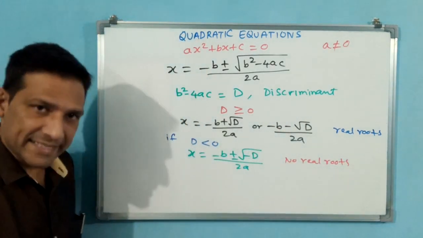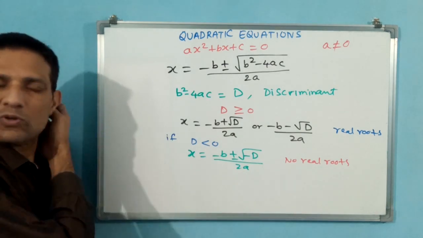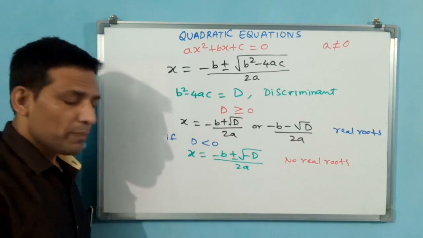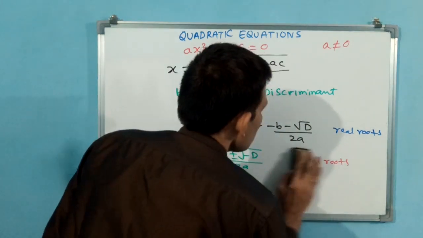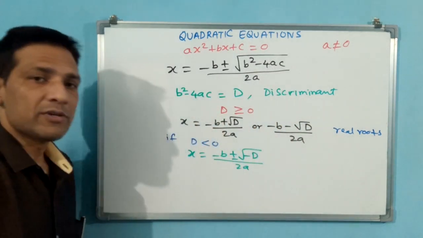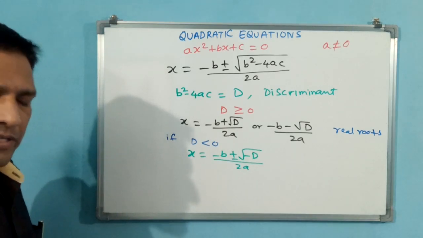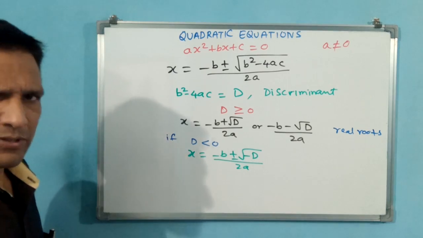No real roots exist. Like that we write and we close that problem there itself. But now we are in complex numbers, so we should not write this one. No real roots exist, why? Because we have studied complex numbers. We have to find real and non-real roots also. Non-real means complex roots, that's all.